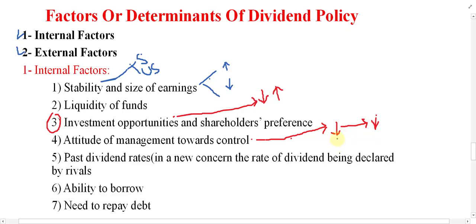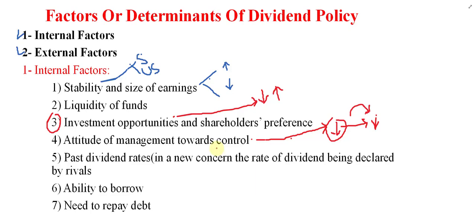So if cash is less in the business, of course, with this small amount of money, you cannot make a good investment. For that purpose, there are different ways that you can raise funds from the market. One of the ways of raising funds from the market is selling more shares in the market. If you sell more shares in the market, and of course more shareholders come to the business, as the number of shareholders increases in the market, the power of existing shareholders decreases, or the control of the existing shareholders